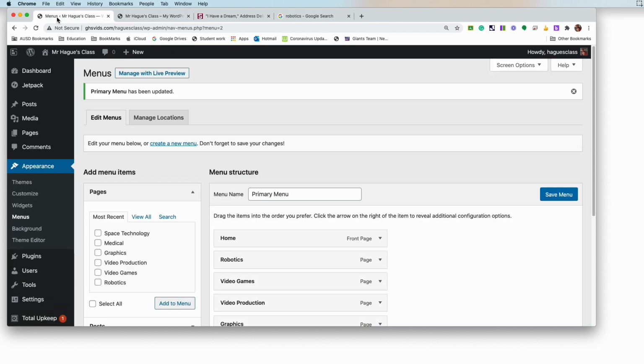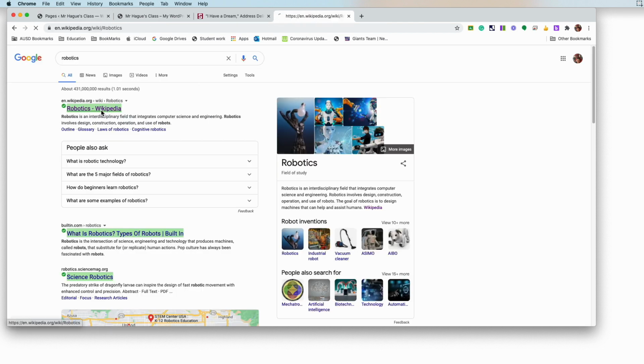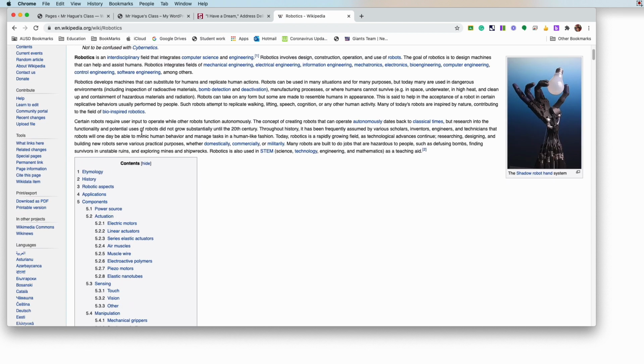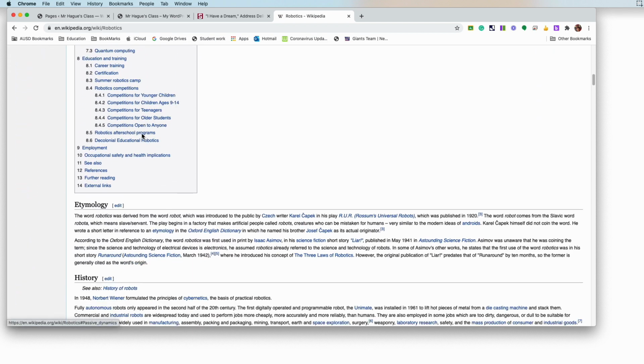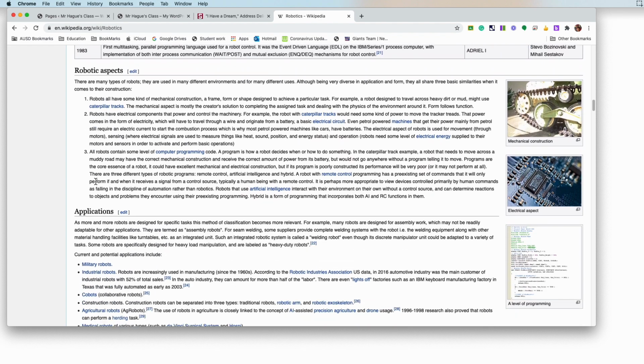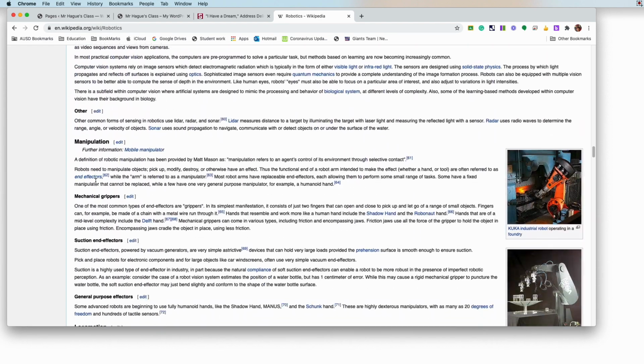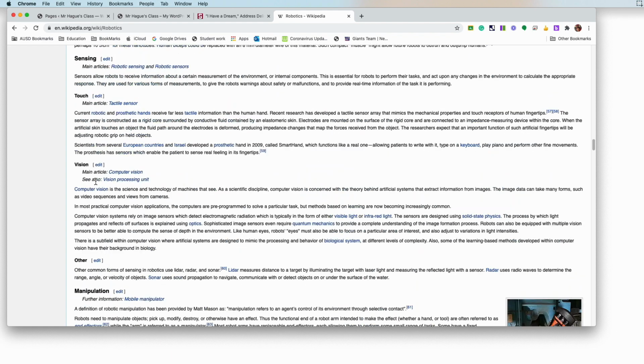We'll fix that ASAP. All right, so now the next thing we're going to do is add drop down menus. So how do we do that? Well, let's go back to pages and then all pages. So let's go back to robotics, and I have this here. Click on it. And if I scroll down, you'll see that it's got a whole bunch of subcategories. Etymology, history, robotics aspects, components,